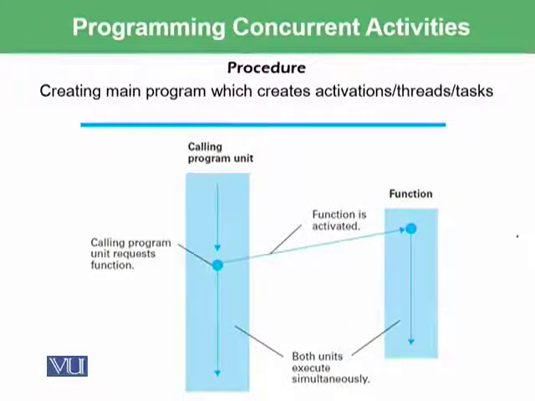We make a central programming unit, and that central programming unit generates multiple threads or tasks in different languages. So for example, this has generated one piece of thread here and one piece of thread here. Both of the threads are now executed simultaneously, of course on their own turn, if there is only one CPU. And if there are multiple CPUs, then they are executed simultaneously without waiting for the second object or thread.